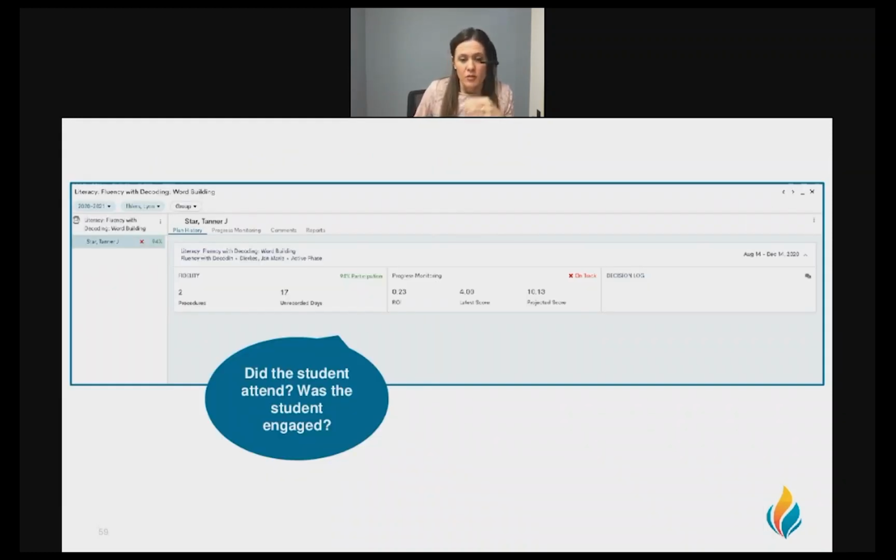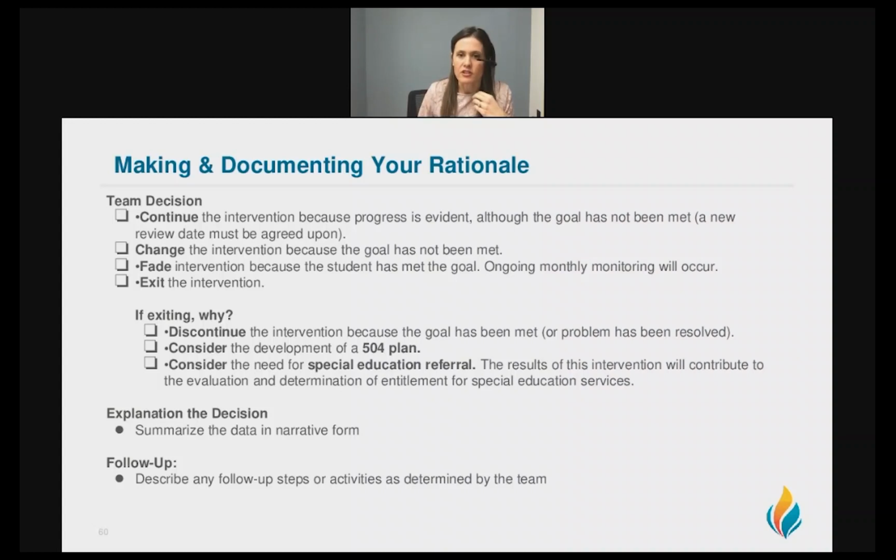And we also want to make sure that the student was attending and that they were engaged. And so recording all of that information during the intervention sessions is really important. And then, of course, making and documenting your rationale. So when you're making the decisions about students, we're going to continue because, we're going to change the intervention because,